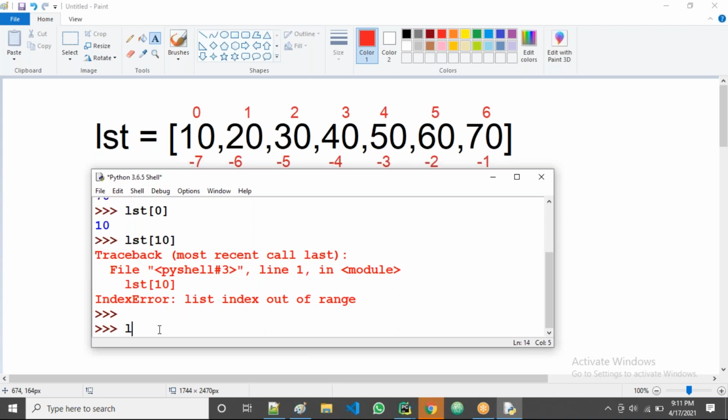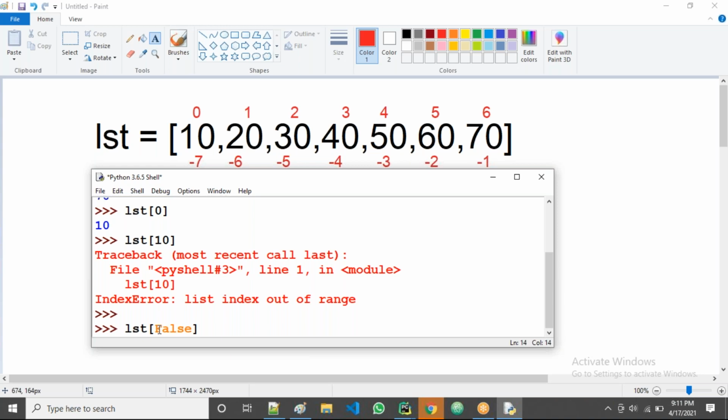Next one, lst of False. All of you, lst of False. Is it 10 or 20?